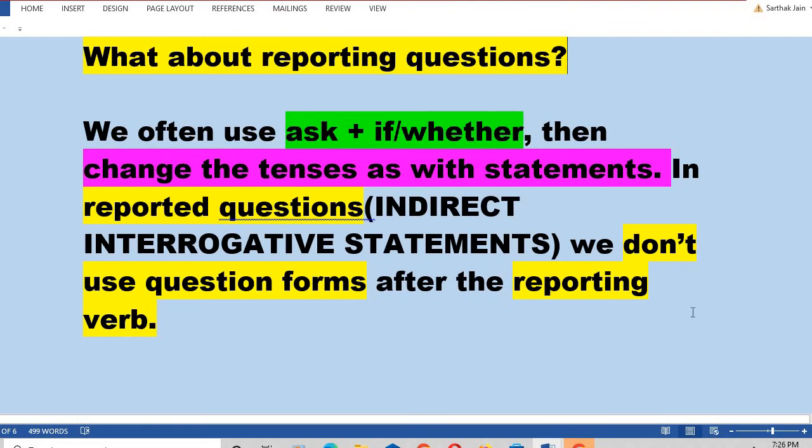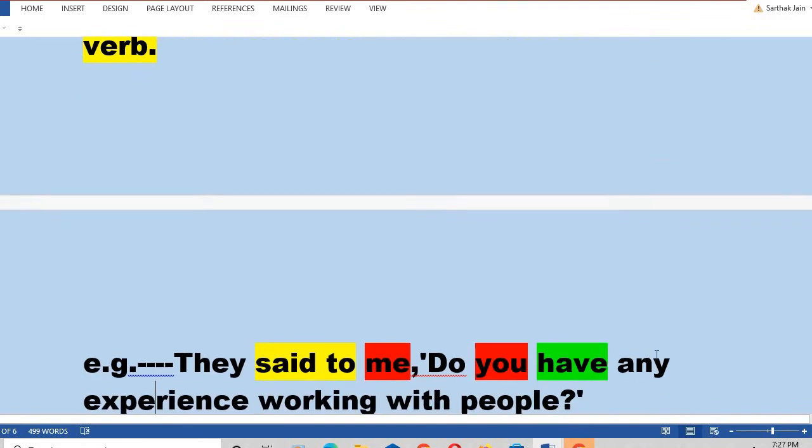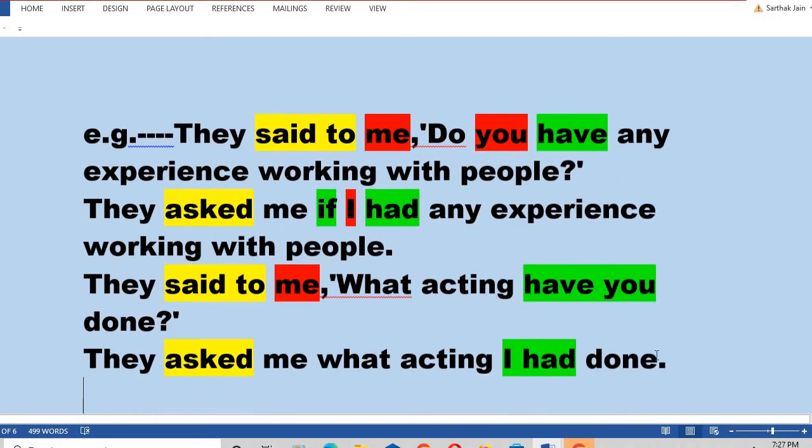Okay, one more point you have to learn, we never use the interrogation mark towards the end of the sentence in the indirect speech. Remember, we never use the question mark in the indirect speech. Okay, and in order to avoid the question mark, we have to just reorder the subject and the verb. These two we have to just reorder. When we change the tense, then you will avoid this interrogative word do.